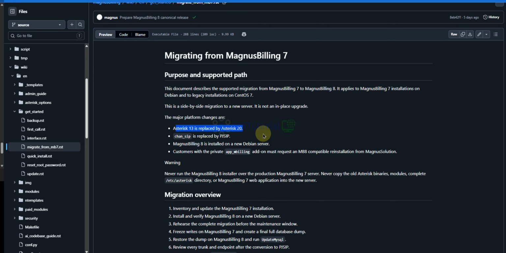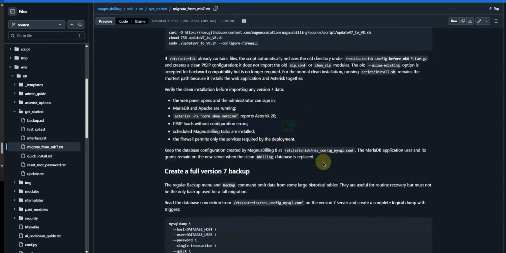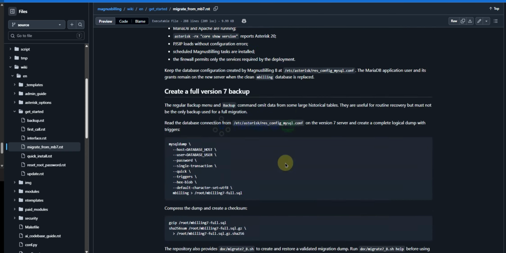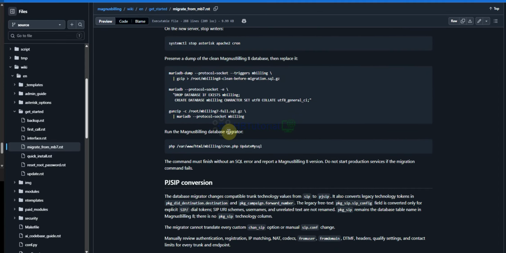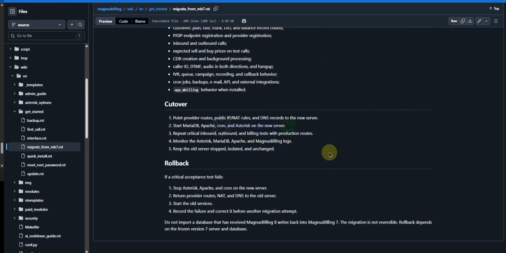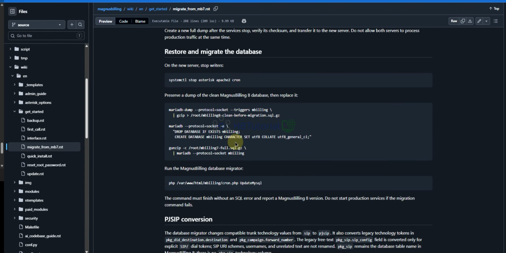Because this is from version 7 to 8, what I do is we completely install Magnus Billing 8, and we just upload the database. This is the only thing we need to do. Just go here, this one.